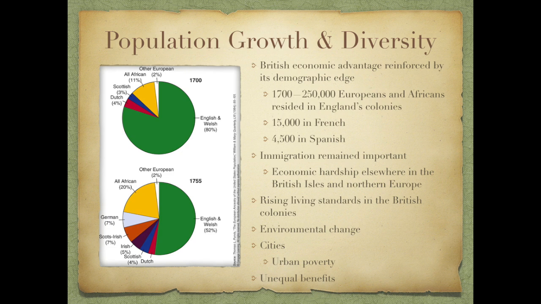Economic hardship in other places in the British Isles, as well as Northern Europe, supplied a steady stream of immigrants to the colonies, one of the largest contingents coming from Ireland. These immigrants that were coming in, though, were overwhelmingly poor, and in fact, Pennsylvania became the most popular destination for many of these immigrants. Between 1718 and 1775, about 50,000 condemned prisoners also arrived, most of them as servants, and a lot of them returned to England at the end of their terms.